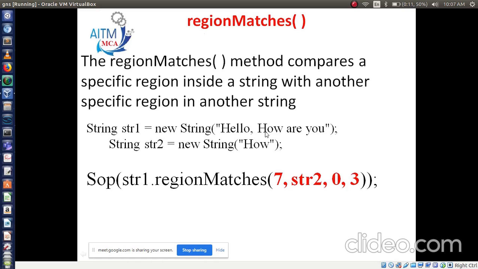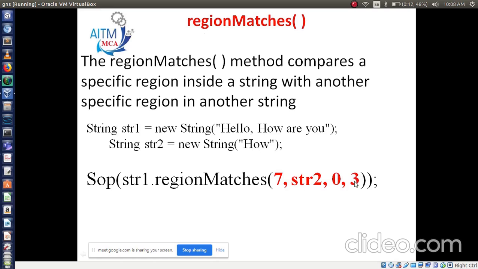So for the 7th position you are comparing H, O, W, right? Now it matches with which region in str2? str2 has how many letters? 3 letters. That you have to mention here last.